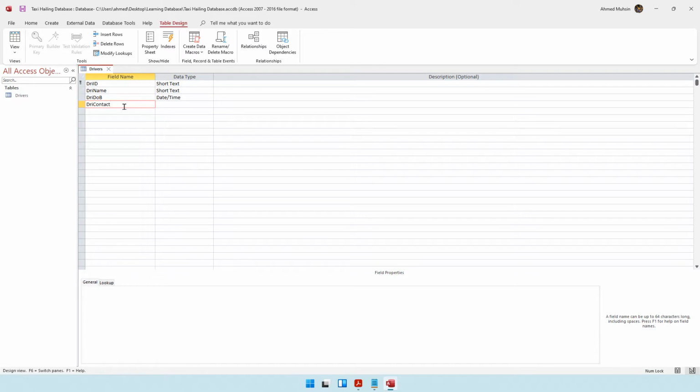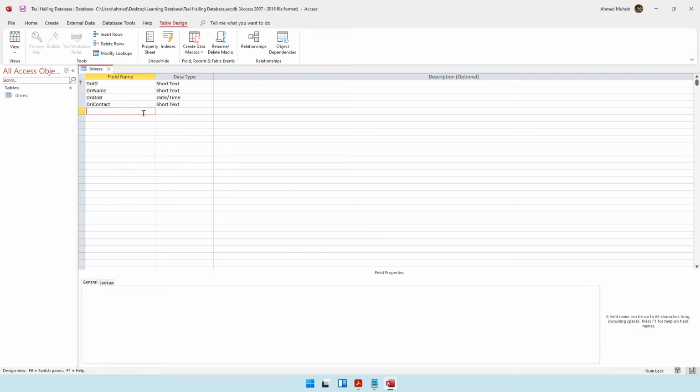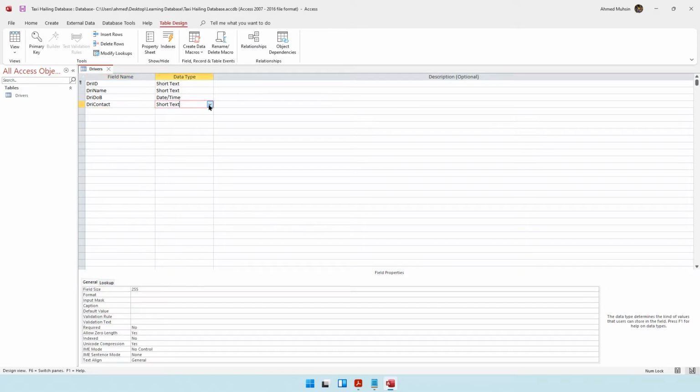Then after driver date of birth, let's put another one, which is driver contact. This is basically the driver's contact number. Over here I'm going to keep it as short text. There's a good reason why I'm keeping it as short text and not as number. The reason is the driver's contact number is going to begin with 0. Now if the data type is set to number, and